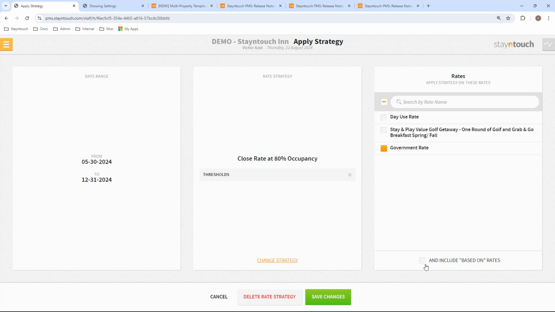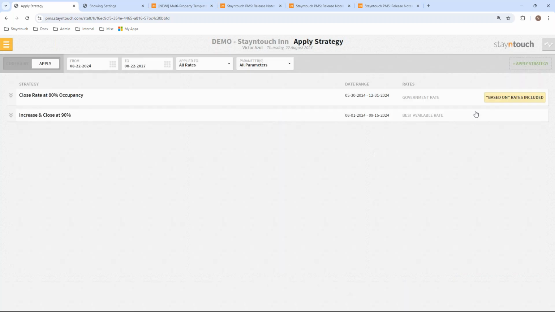As you can see now, I do have an option to select "and include based on rates," so I can go ahead and select that. And again, making sure I save changes here. And now I'll have a little notification that it was also included based on rates in this section. Items to note with the based on rates included here: